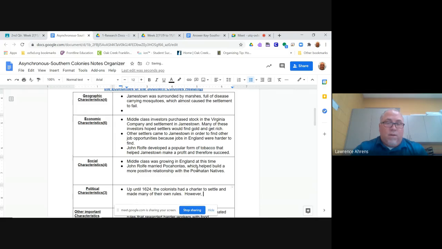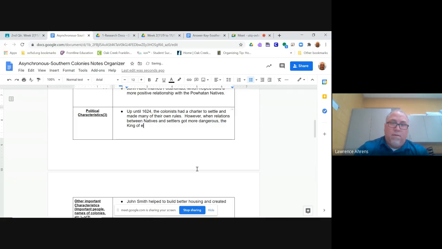However, when relations between natives and settlers got more dangerous, the King of England, let's scroll down here, canceled that charter